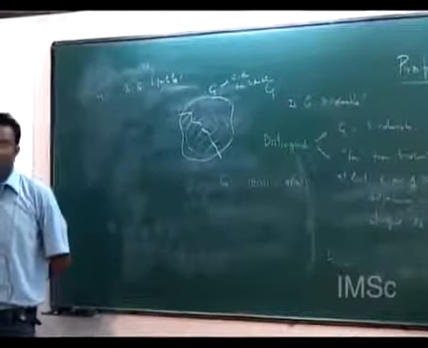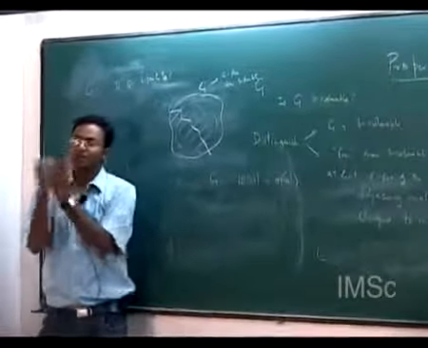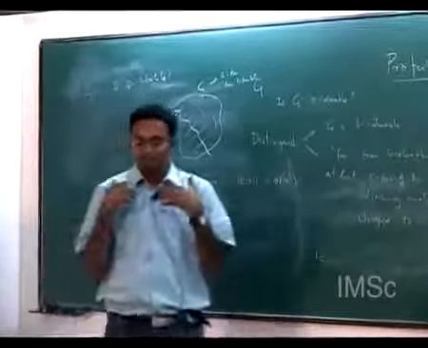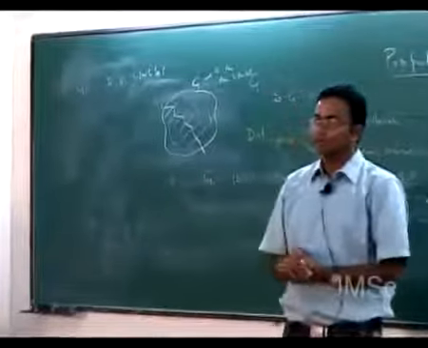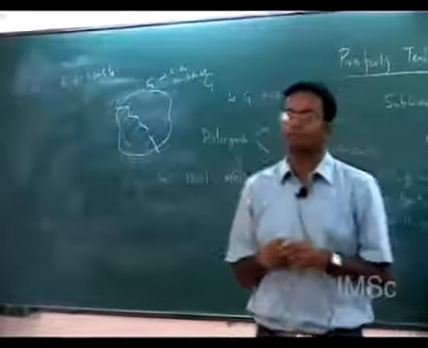Okay, so now say I give you a graph, and I ask you to prove to me whether it is bipartite or it is far from bipartite. If it is far from bipartite, how will you convince me that it is far from bipartite?